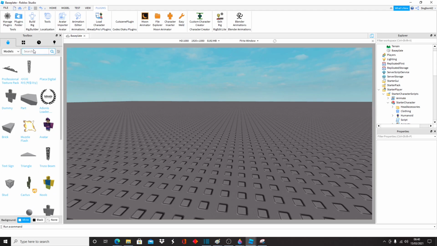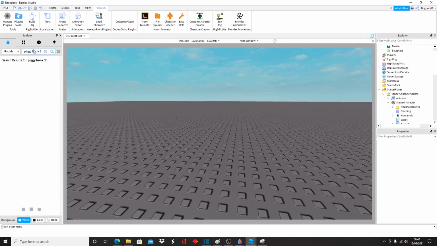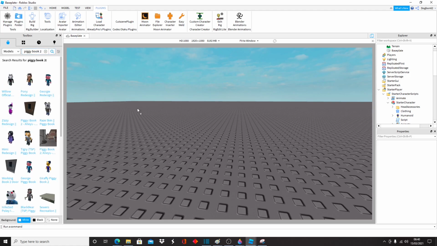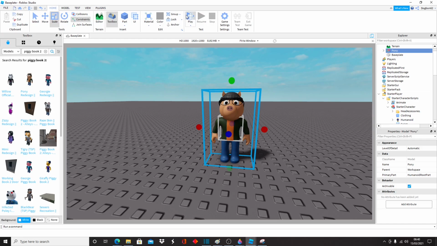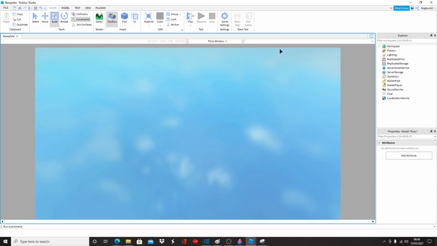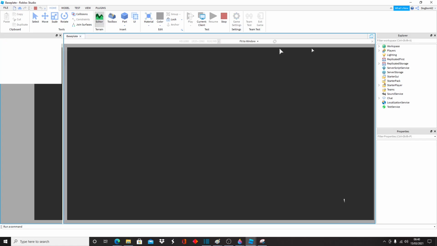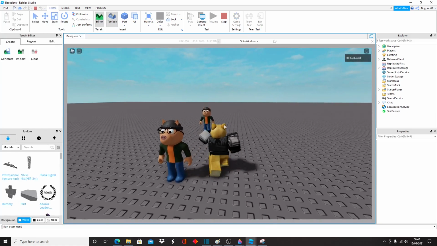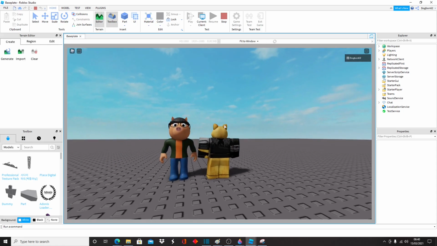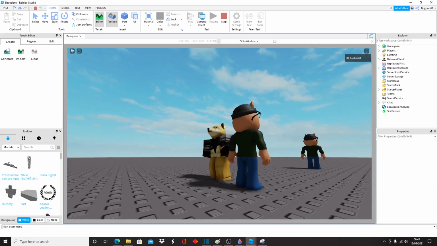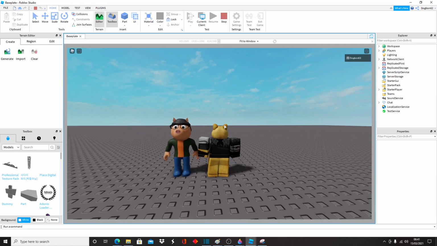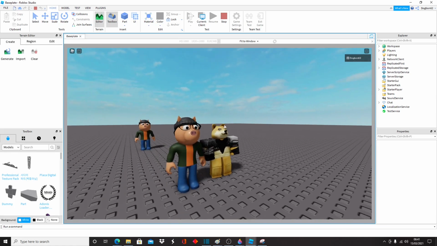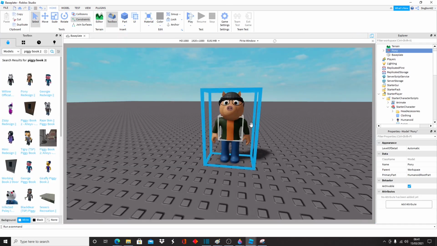So for me, I'm going to look at Piggy Book 2 models, and we are going to use the pony model. So I'll show you here by playing, as you probably already know, that no models move, they don't idle, they don't animate, they don't do anything except this is one I did here, practicing before this video, and as you can see, it's got a simple idle in there, or breathing animation, versus the standard pony which has nothing in it at all. So if we stop that,